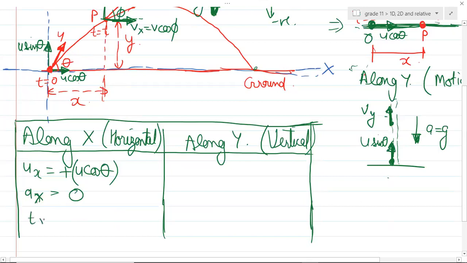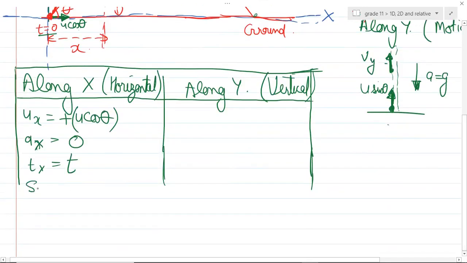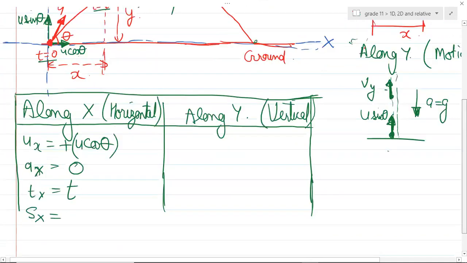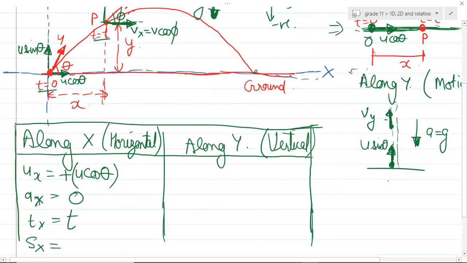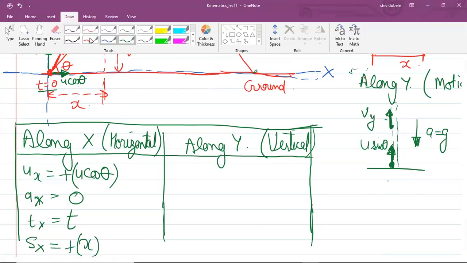Similarly, what is the time taken to cover this much x distance? So the time is basically the parameter. I told you, time will be the key to relate both of the things. So the time taken from t equals 0 to t equals t is basically t minus 0. What is the displacement in x? Can you see x meters from x here? Yes or no, guys? So basically, the displacement will be x, but with a plus. Any doubt till here? No, sir.